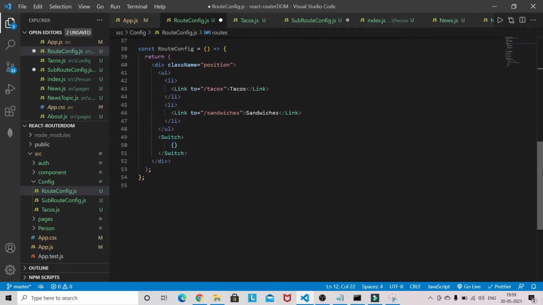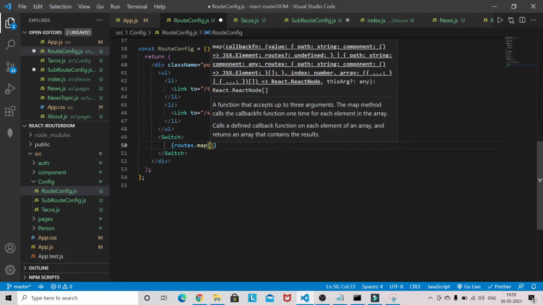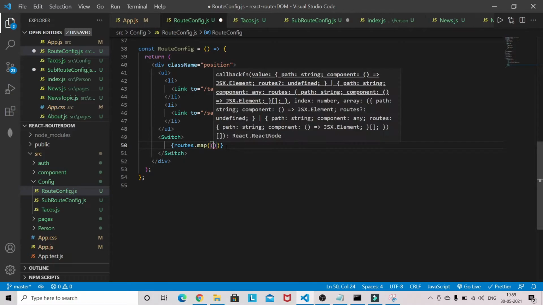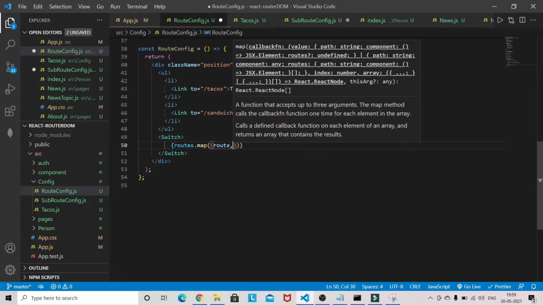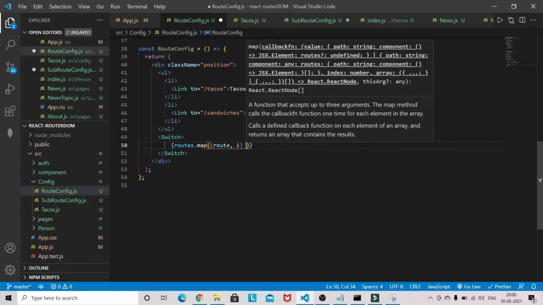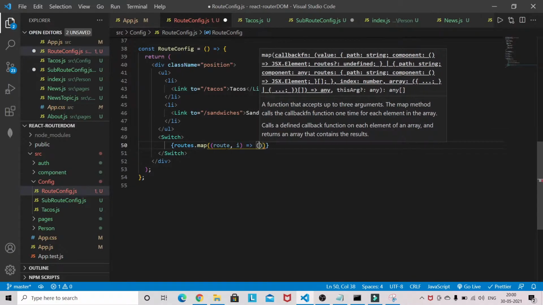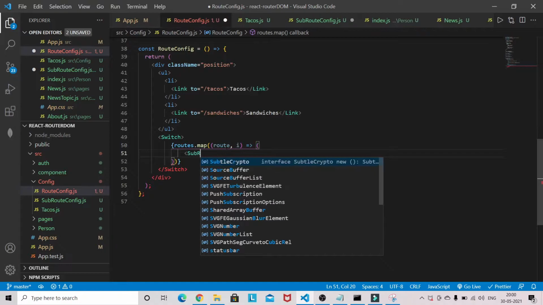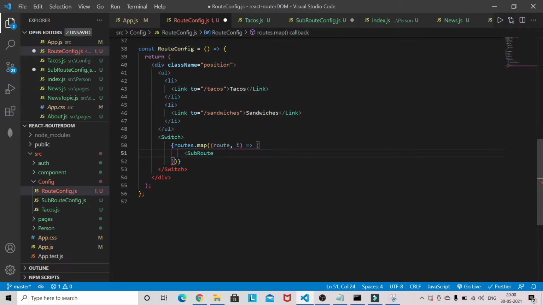So routes dot map. Route, i, sub route. We will create that file.